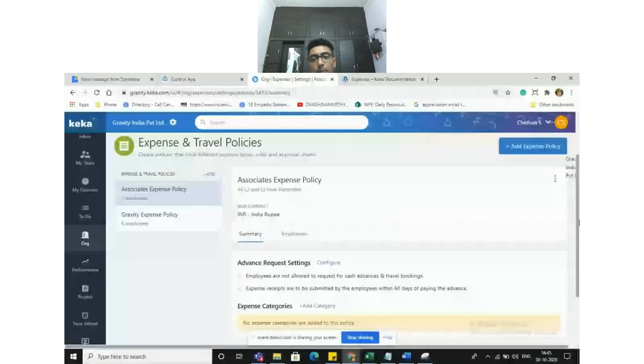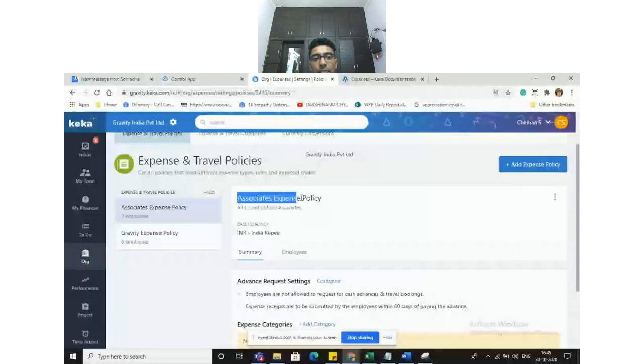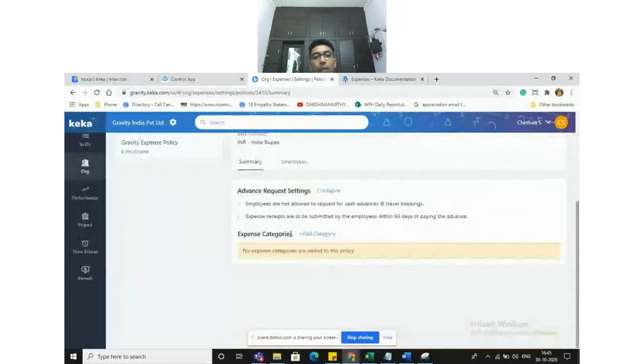In this particular expense policy, you can add multiple categories. What all categories are applicable for this expense policy, which is for L2 and L3, and what are the amounts? Okay, advance requests.